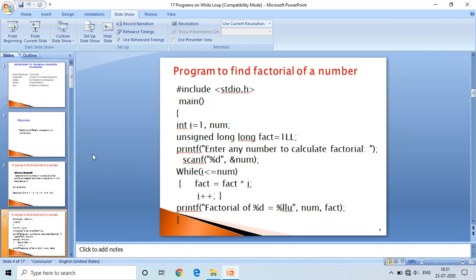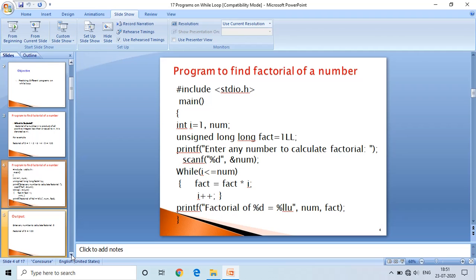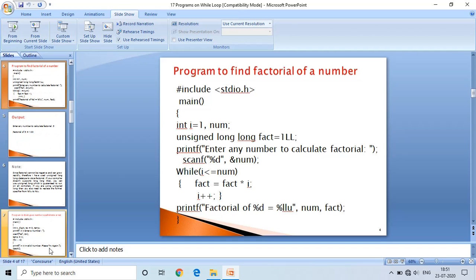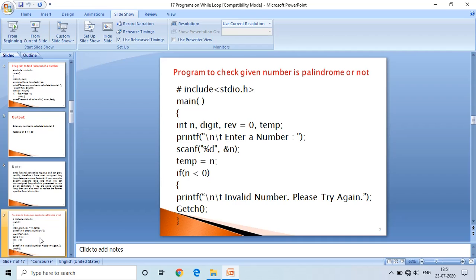Now we will see one more program: a program to check whether a given number is a palindrome or not.